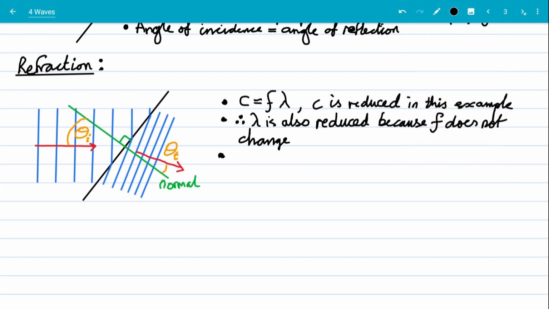And so you can see here, if the wave slows down, then theta T is less than theta I. And we better probably label that theta T equals the refraction angle,